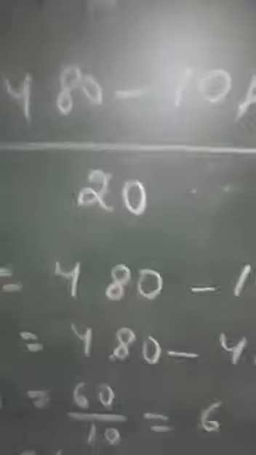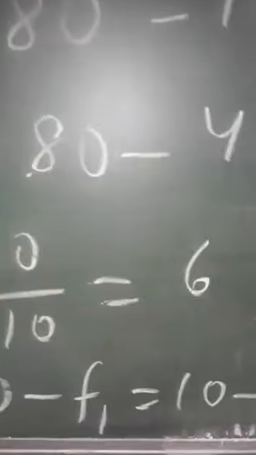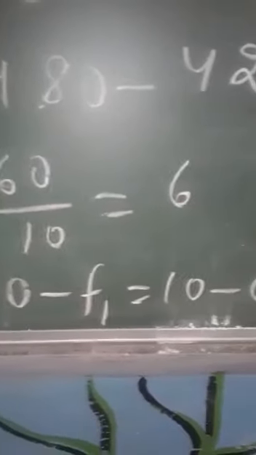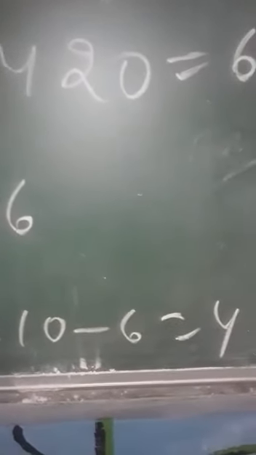Now we had the unknown terms f1 and f2. We have obtained f1 as 6, and on the basis of f1 equal to 6, we have obtained f2, which is the difference of 10 and f1, that is 10 minus 6, which gives us f2 as 4. Now both the unknown terms f1 and f2 are known to us. So you have studied various types of questions. In mean, you will try to solve various kinds of questions, and if you find any difficulties, you will discuss them with me.